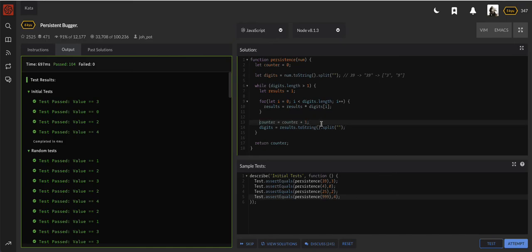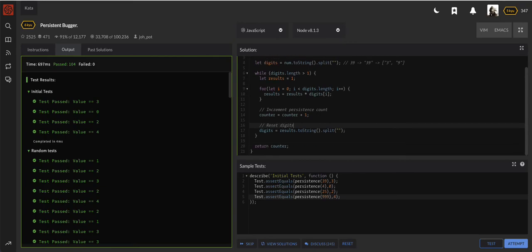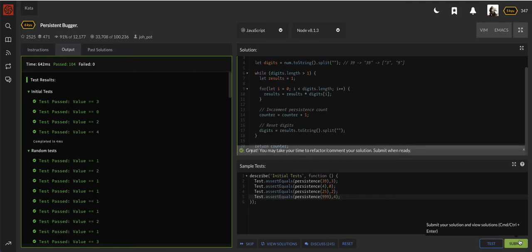We just have to make sure that we increment the persistence count, and then here we reset digits so that we can continue this operation. And then once we hit that single digit, this while loop ends, and we have our counter, so we just return the counter. Let's just attempt, and let's submit,